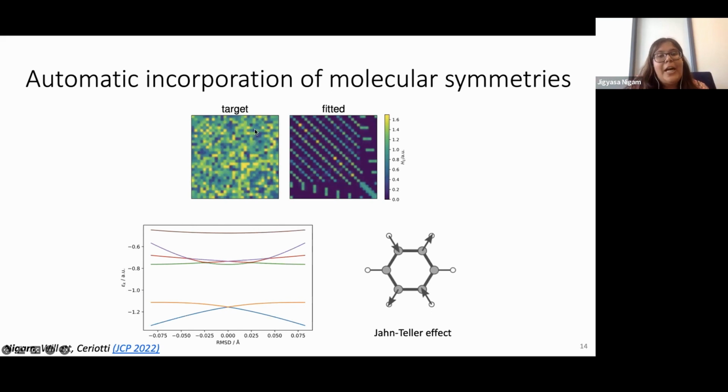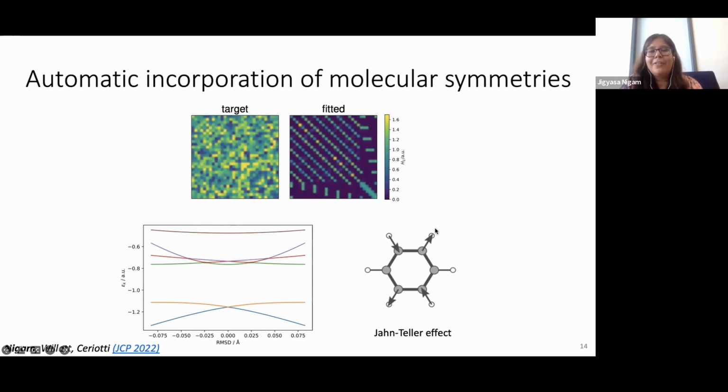You get from the output an eigenspectrum that automatically encodes the degenerate levels of benzene. So in benzene, going back to the basic Huckel theory, which I know from undergrad, there are two sets of degenerate eigenvalues. And if you try to distort the benzene molecule, the degeneracy also breaks according to this distortion, which is called the Jahn-Teller effect. And your model already incorporates that without the extra effort of capturing this symmetry at all. So this is a case in point, saying that all this effort of constructing representations that capture symmetry